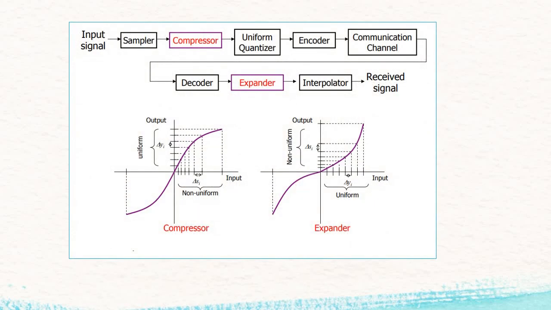This is a block of a compounding. Compression is done at the transmitter, and at the receiver we are doing the expansion. So this is the block diagram of a compressor and expander. The job of a compressor and expander is to remove the noise. At the higher frequencies, the compressor will compress the signal, and again at the receiver, as the signal gets compressed at the transmitter, we have to expand the signal at the receiver. That is exactly the opposite of what we do at the transmitter.